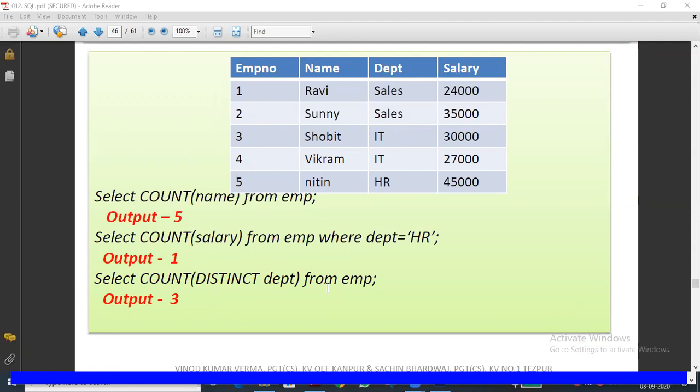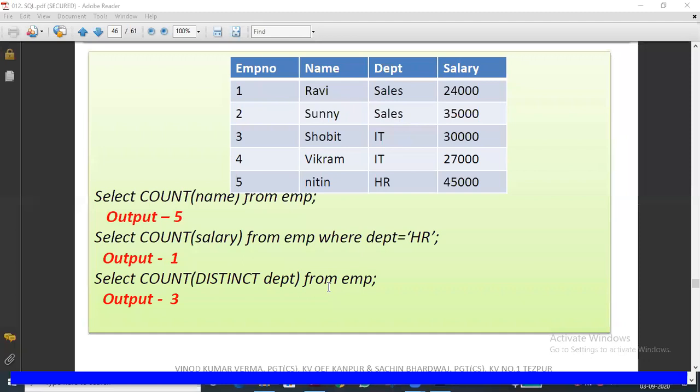Good. Side by side, students, take the notes. That will be helpful for you because you can learn how to create the database, how to create the table, how to insert the records into the table. All those things you have learned. Side by side, create the tables in the database using SQL. Install the software, I already said, I hope you installed. If you haven't installed so far, install it today itself, don't take much time, do it right now.